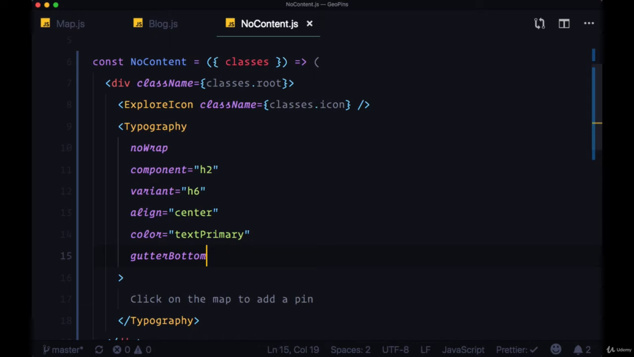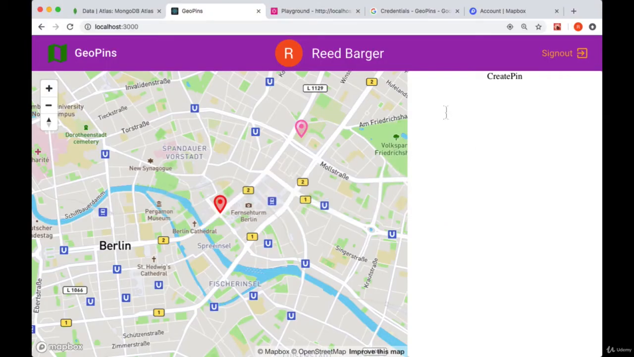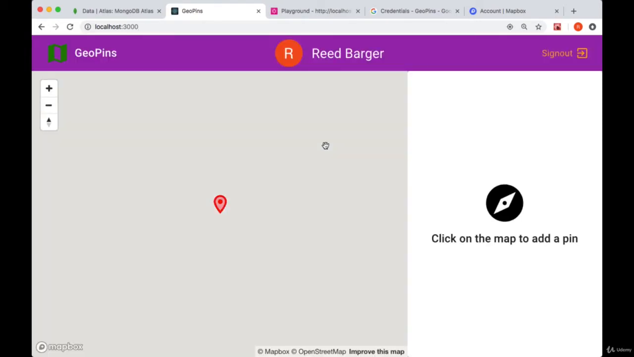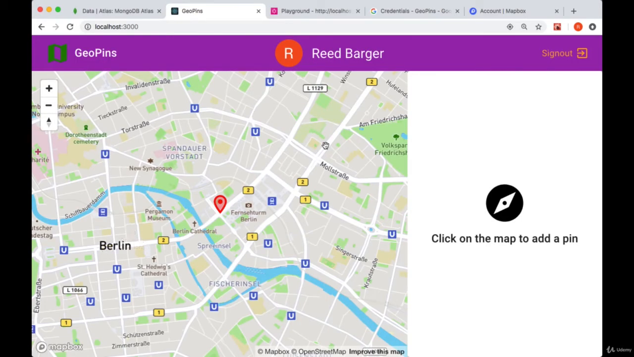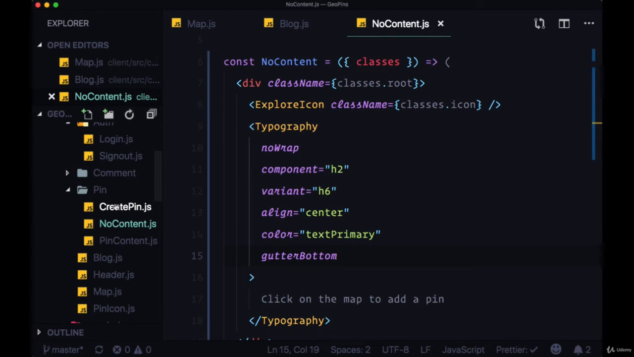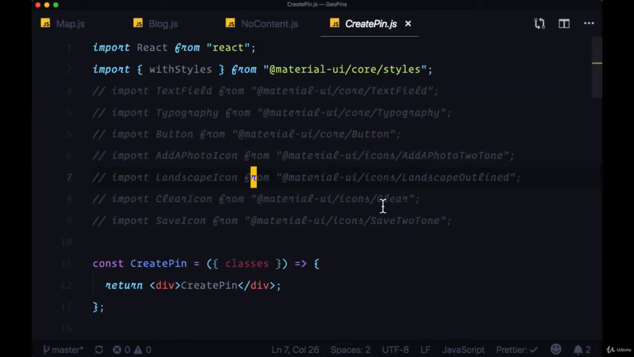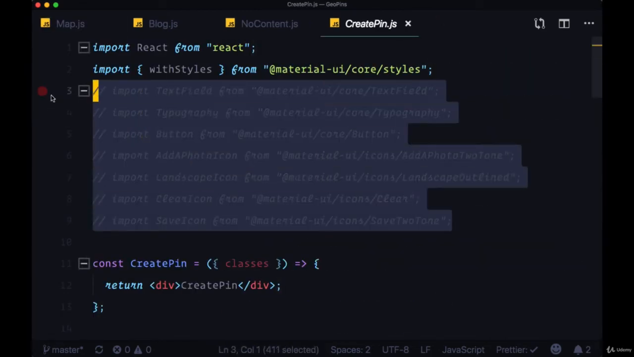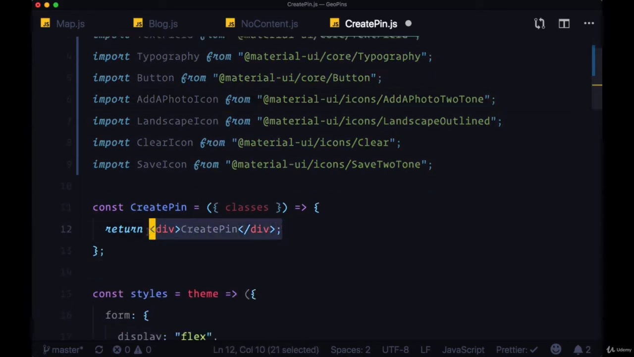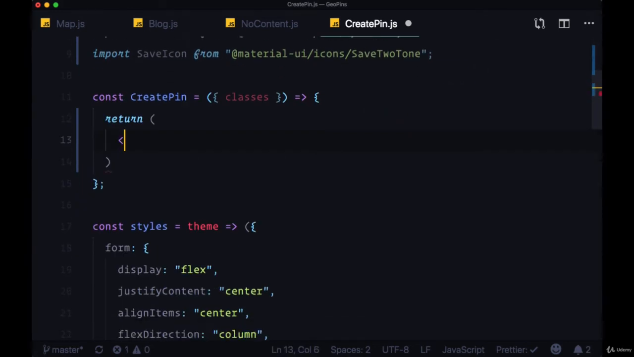And now let's take a look at this in the browser. You might need to refresh. So that looks good. Now heading to the create pin component, we'll uncomment all of its components. And we'll begin by, from create pin, returning a form